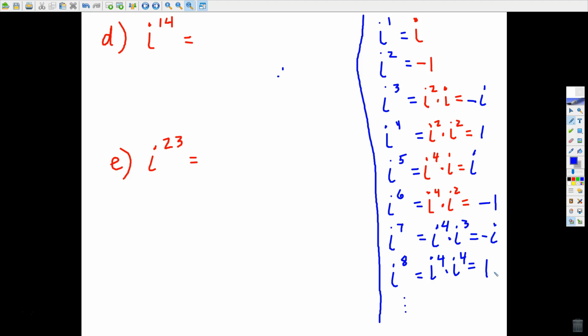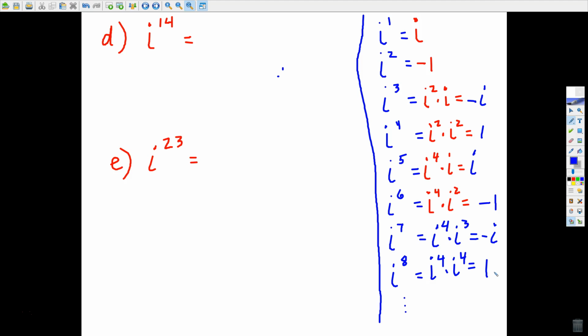As long as you know these four, for example, I to the first should be the same as I to the fifth, because I just add 4 to that exponent. So every fourth exponent, if you just add 4, you're going to get the same result. I to the first and I to the fifth should be the same as I to the